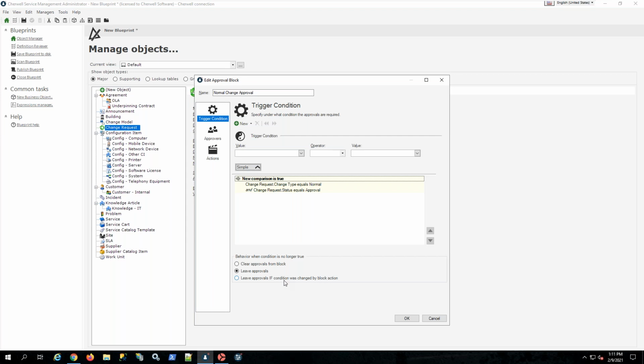So we have there at the bottom, once we have defined our condition, what's going to actually set this particular approval cycle off, the option to set the behavior concerning what we do with the approval records. You can see Scott has gone ahead and selected leave approvals, and this is probably the typical way that we would do this, because we would set up